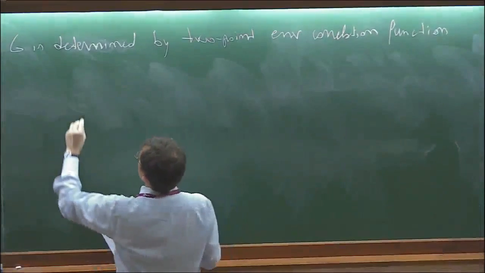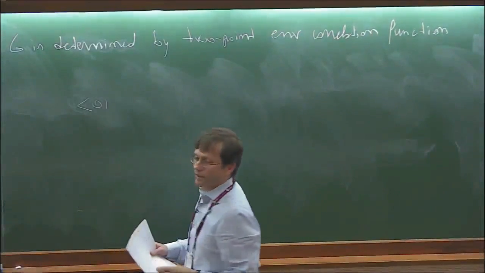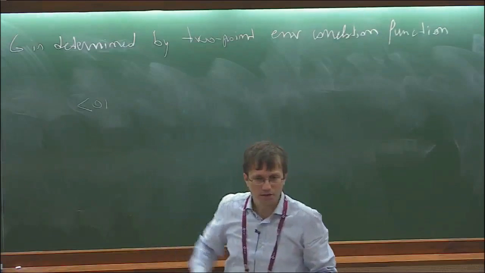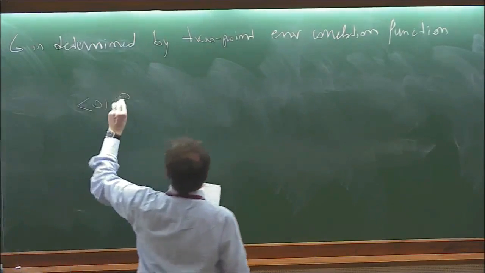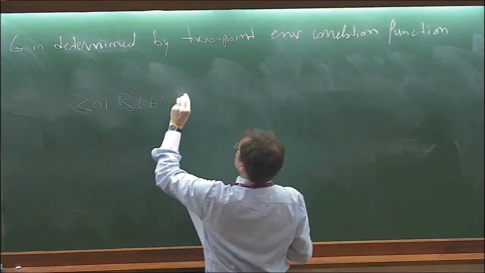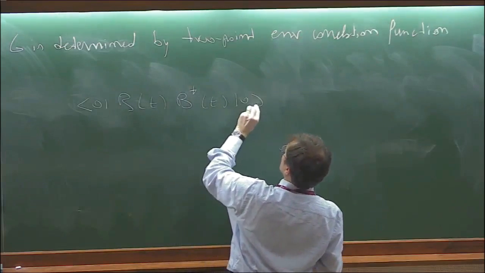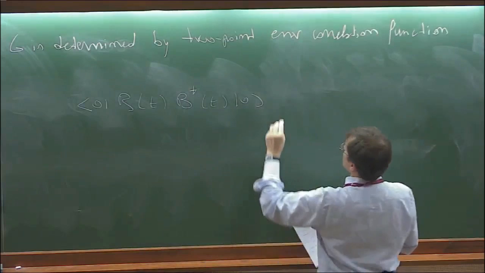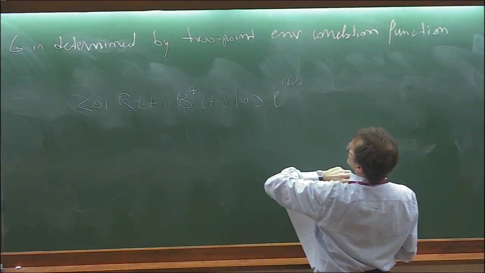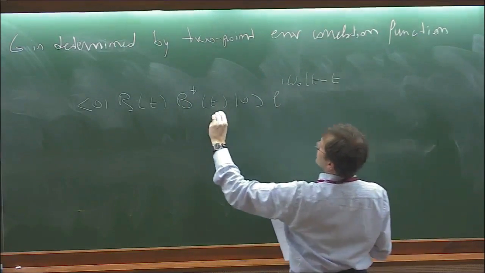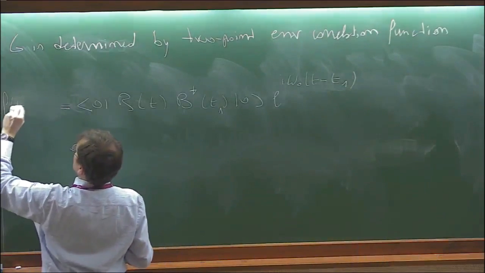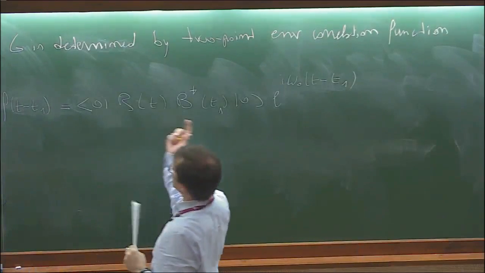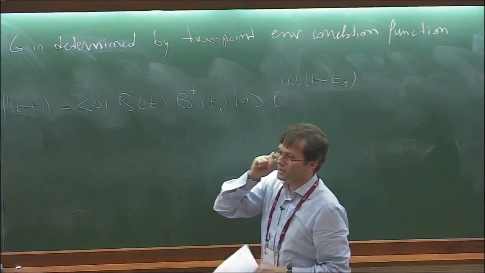In particular, we can consider this correlation function of the environment, the expectation value with respect to the ground state, which is the initial state of the environment, of these operators B, now in interaction picture. So write them as B of t, B dagger, multiplied for convenience by e to the i omega 0 (t minus t1). This is our function f(t minus t1). This is a 2-point correlation function depending on these 2 times t and t1.